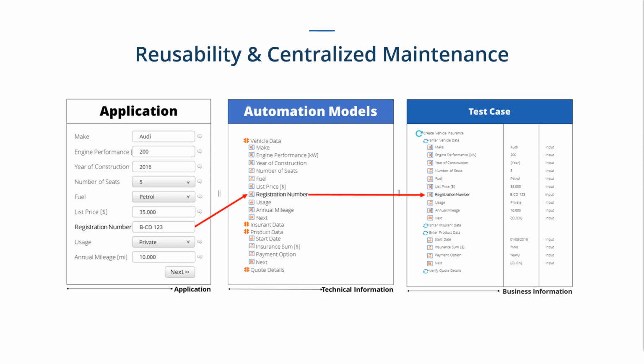So I said I would briefly touch upon, again, this idea of reusability and centralized maintenance in Tosca. Here you have a brief overview about the way that you turn your application into a test case in Tosca. So we use what's called model-based test automation. And I'm sure a lot of you are familiar with this, particularly if you've automated with Tosca before, but very